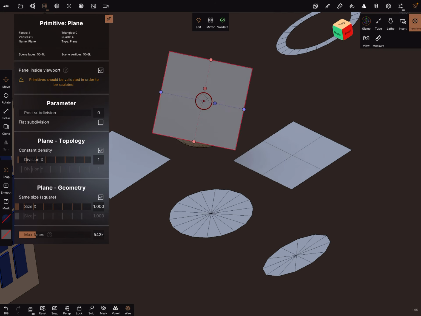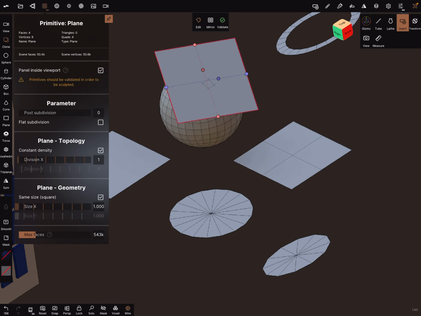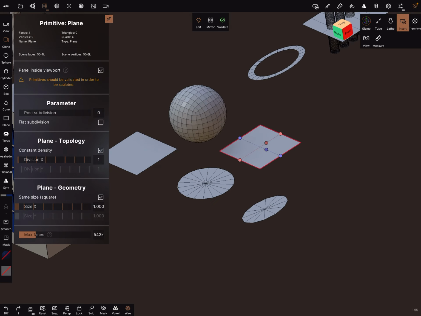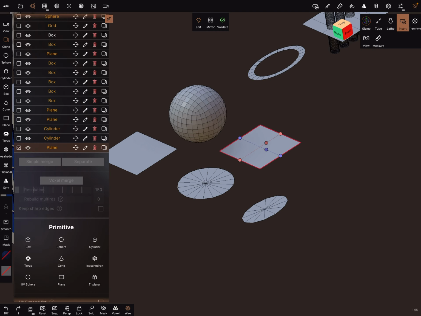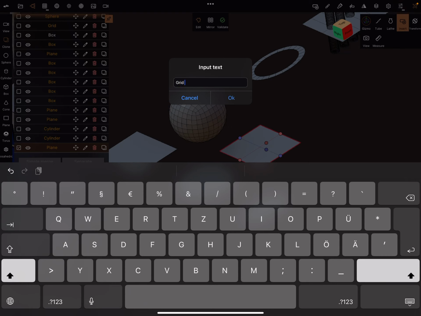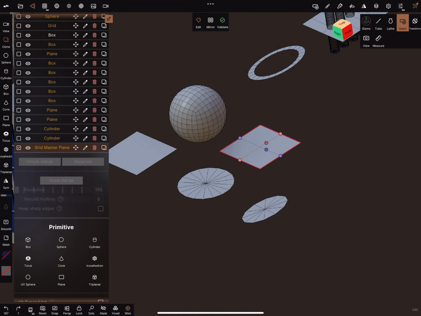This works only if you change the pivot one time. Okay, this is important to know. Now we got this object, and we rename it as grid master plane.